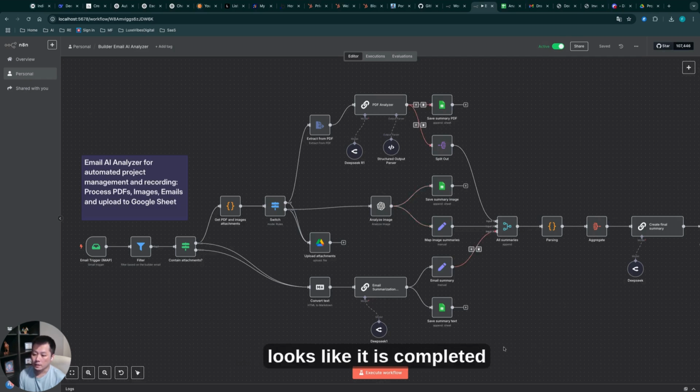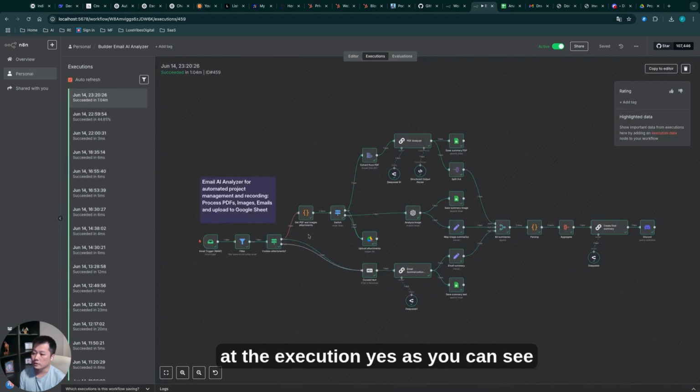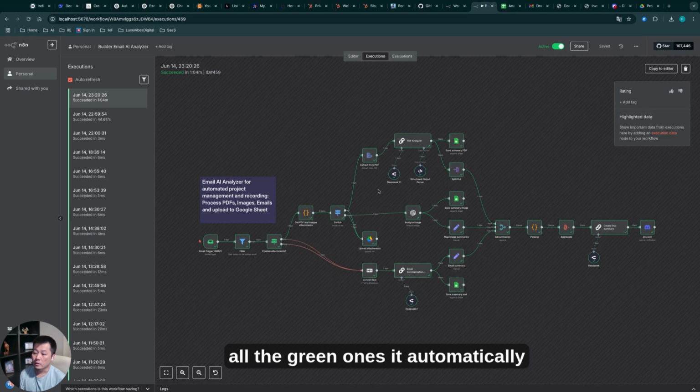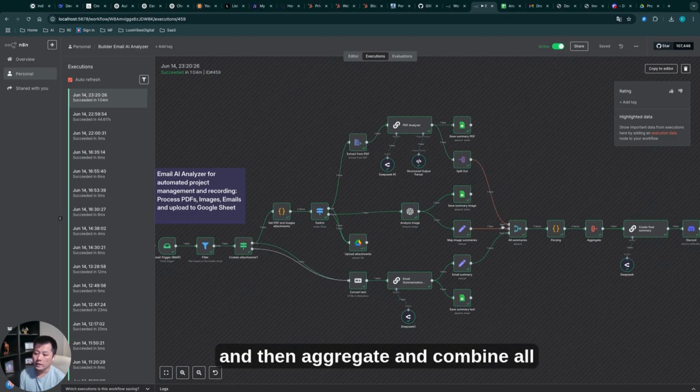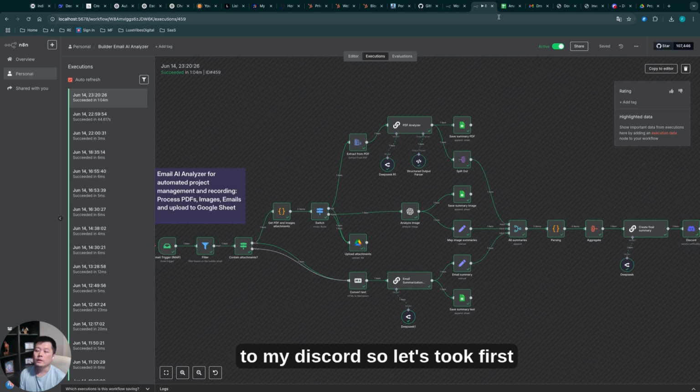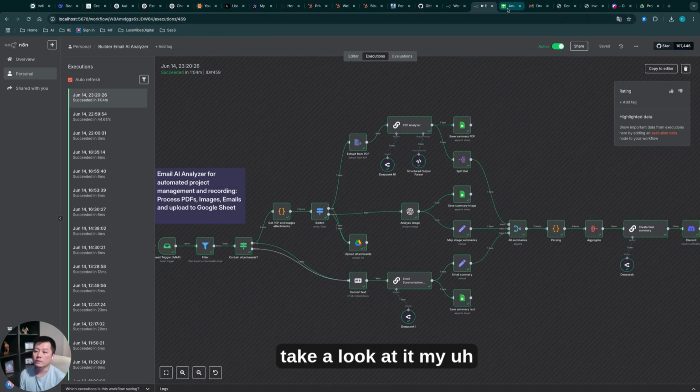And it looks like it is completed. So let's look at the execution. Yes, as you can see, all the green ones have automatically processed my PDF and images, then aggregated and combined all the summaries and sent them to my Discord. So let's first take a look at my